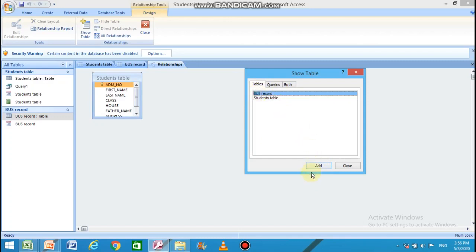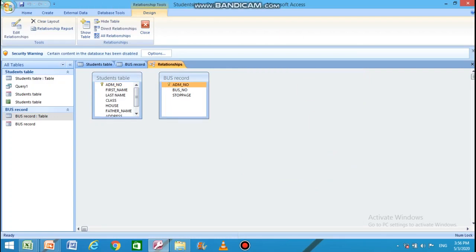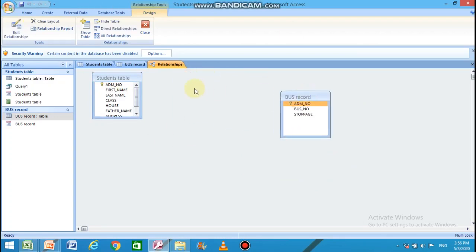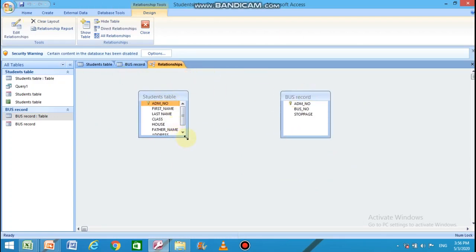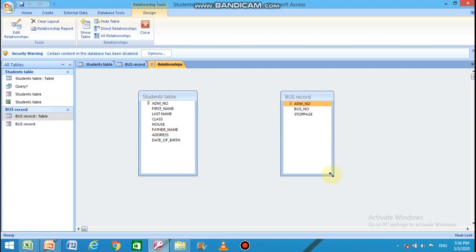Select the secondary table, click on add, and then click on close button. Now you can see on screen two different windows showing two different table fields which we have created. Still the relationship is not generated.